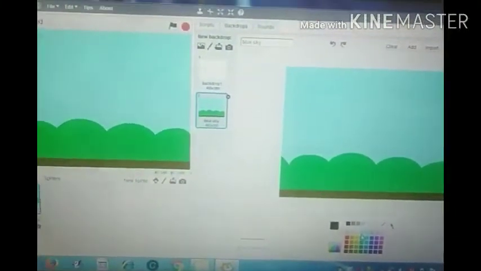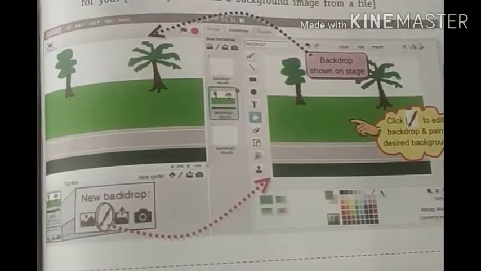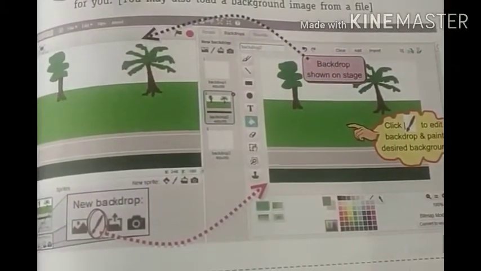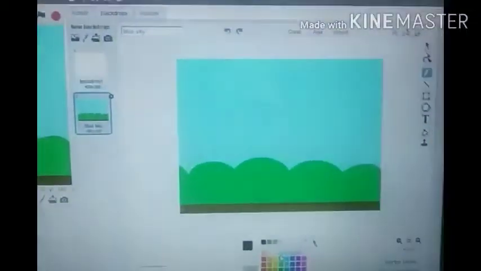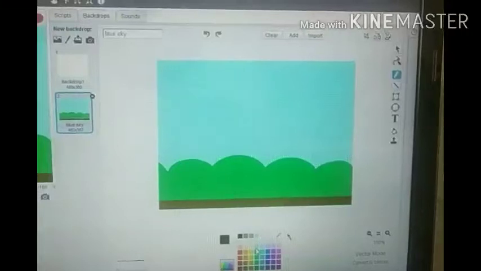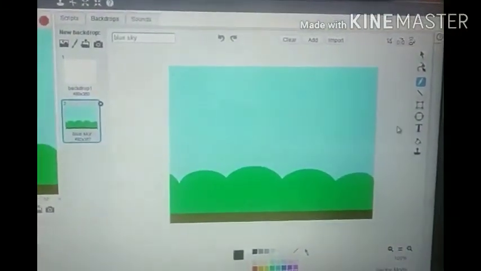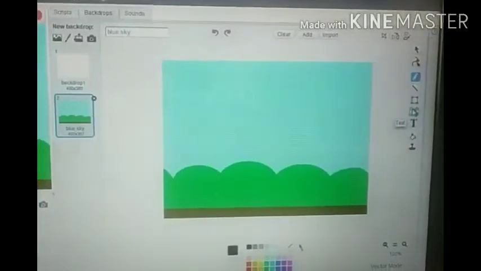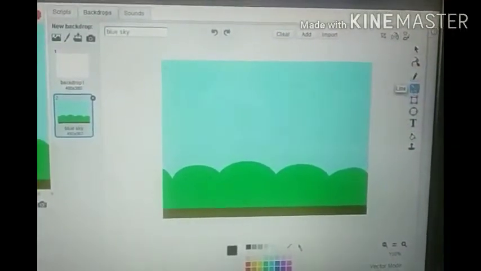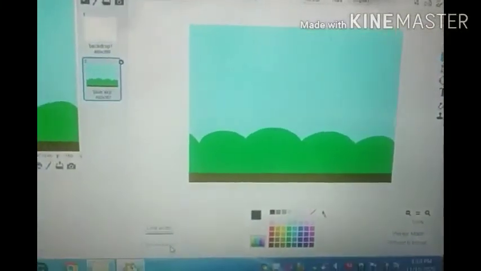We are going to create this with the help of the pencil and other tools. To do this, first of all we select the pencil tool or text tool, or whichever tool we are going to use for drawing the line, and the thickness of the line can be increased from the bottom.